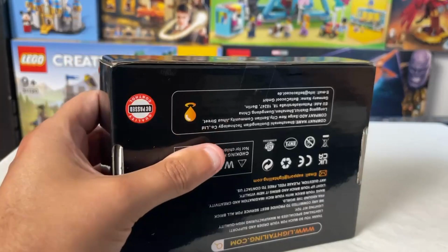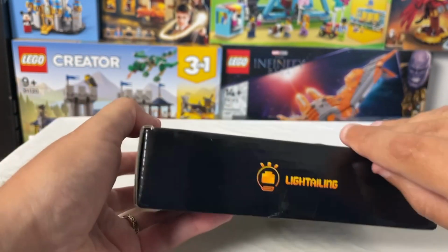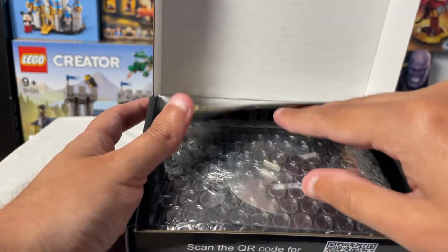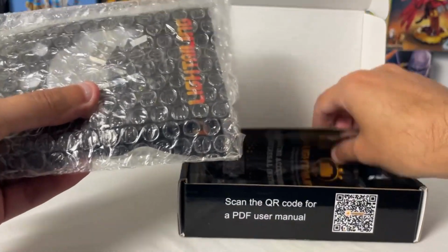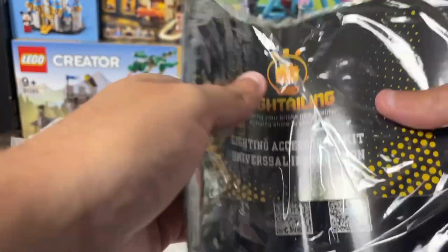Oh, we've got another little bit of sellotape on there, which we can remove. So here we go, let's have a look what we've got inside here. Okay, nicely packaged, which is always good. Let's take out the contents. So that's the empty box, and we get in here